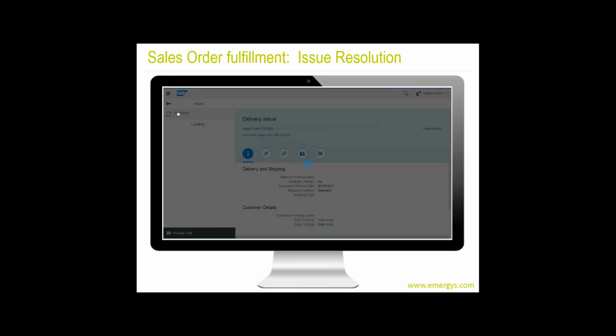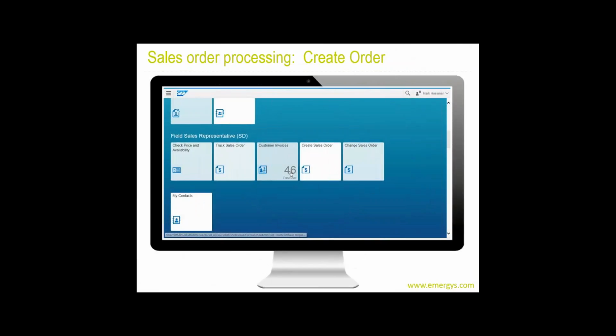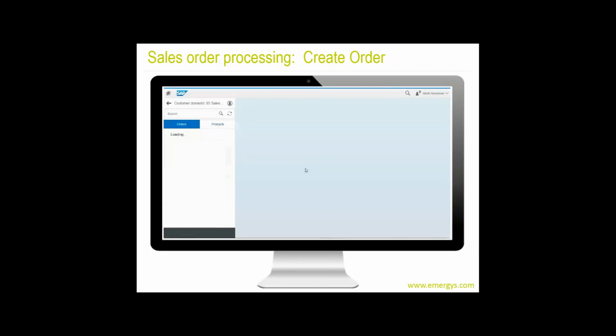So again, more of a strategic versus a tactical person who's just executing deliveries, who's just executing, taking a sales order, and so forth. So that was that. Now we're going to actually look at more of a tactical, and this is the first step, and this would be taking a sales order. So here's the sales order process, and basically we're going to click on create sales order and then process it